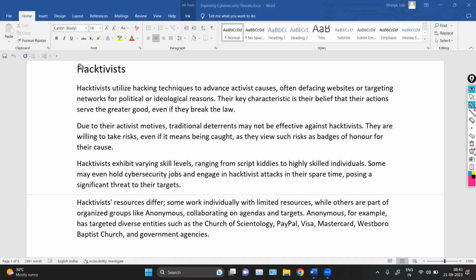Now, activists are a group of people who have proper skills. They are also known as skilled hackers. Let's say there is a group of activists which contains 5 members. They are all skilled hackers, and they are skilled in different activities.